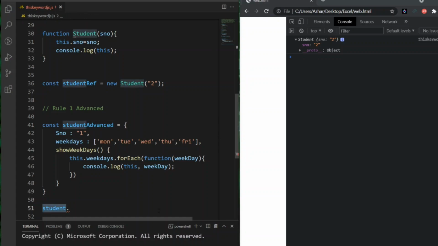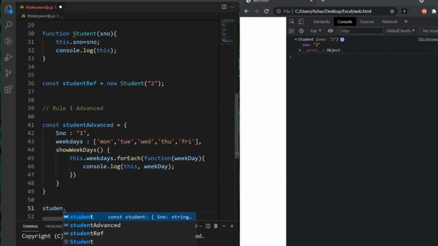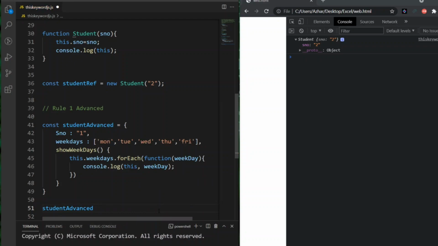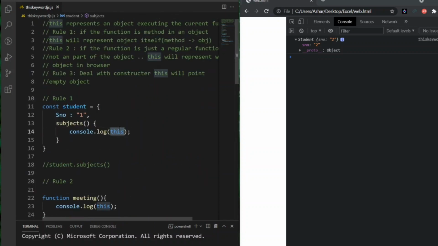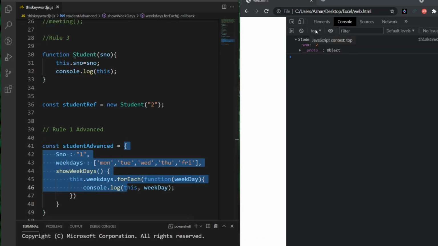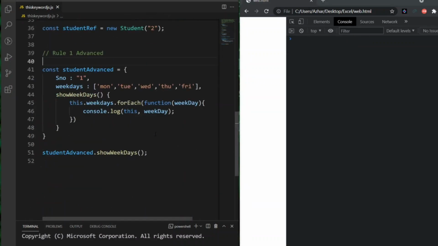So let me just write studentAdvanced.showWeekdays. So this here, normally in the first example, this has written the entire object. The expectation of this also might be to write the entire object, right? So let us see the scenario what it will do.